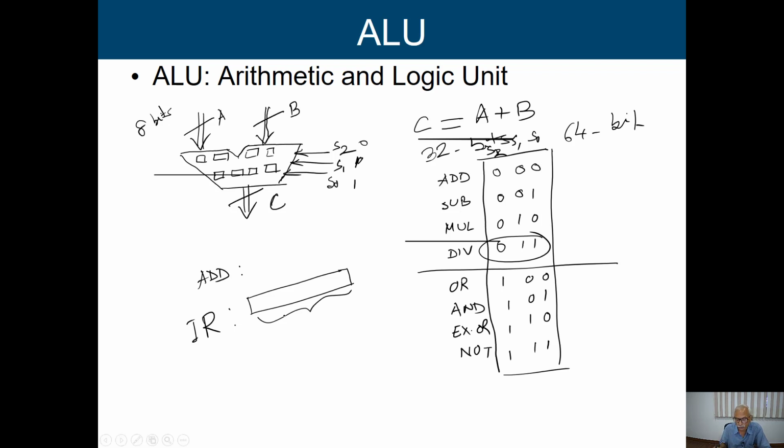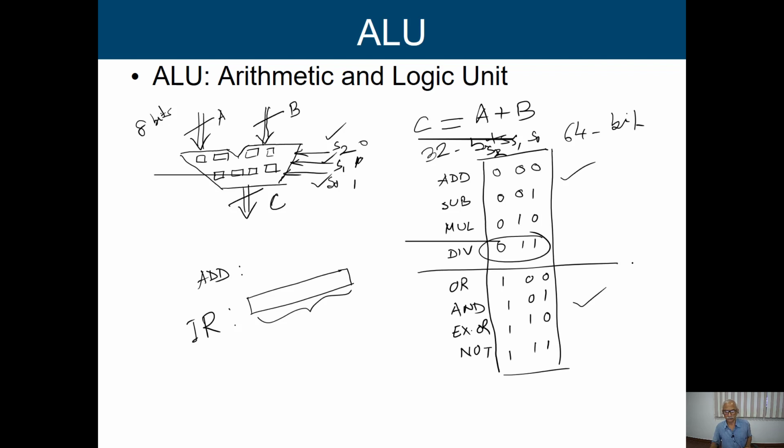When this information goes to the control unit, the control unit is going to generate these three signals S0, S1 and S2 to identify the appropriate operators or appropriate processing element inside this particular area. Many a time I have mentioned that the responsibility of my control unit is to generate the control signals at the appropriate time. So when I am going to perform one particular operation in the ALU, according to this bit pattern, we have to generate those particular signals to select the appropriate operation.